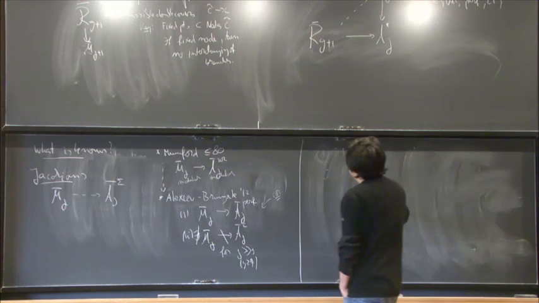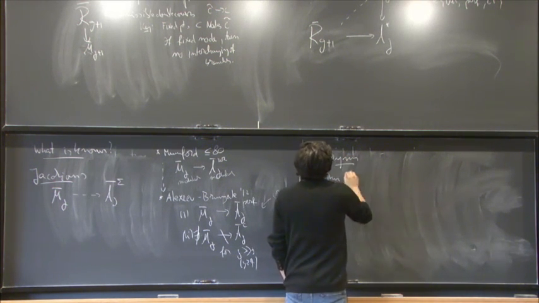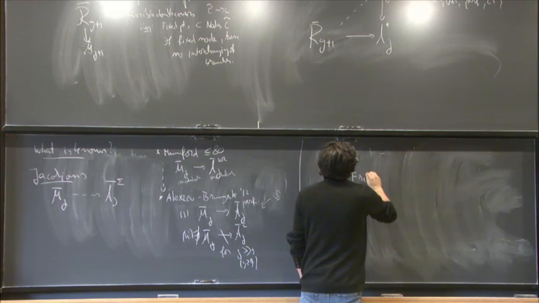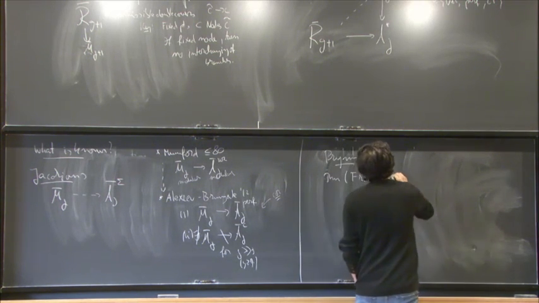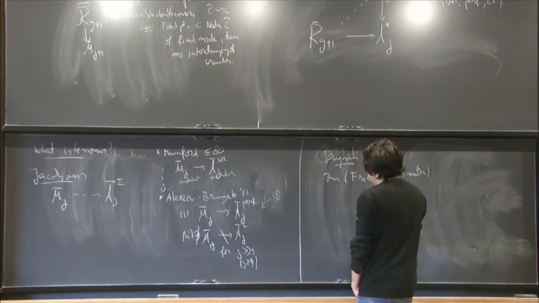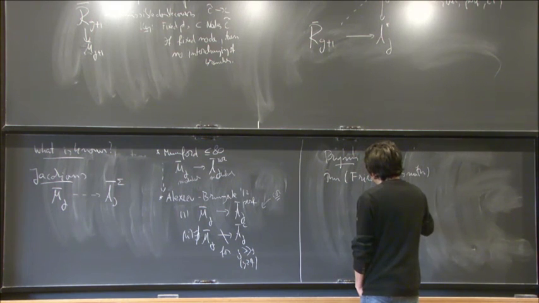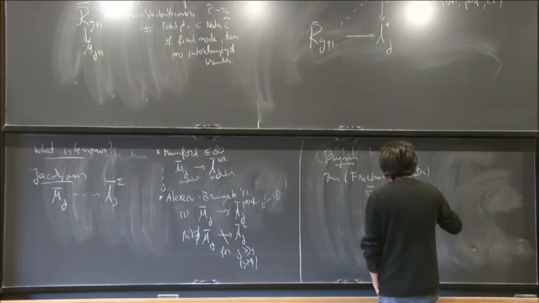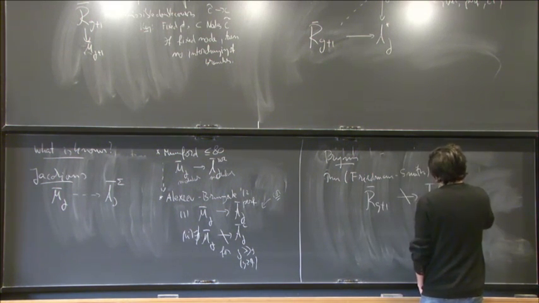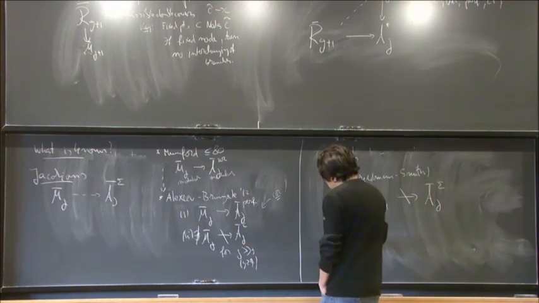But the surprise is that for Pryms, this is a theorem of Friedman and Roy Smith. The fact is that R_{g+1} bar does not extend to any of these A_g sigma. So the question is